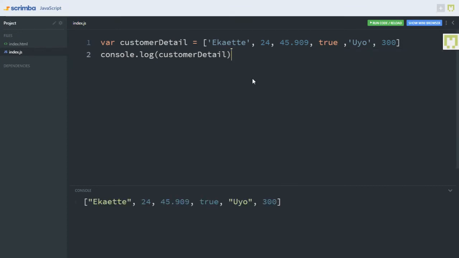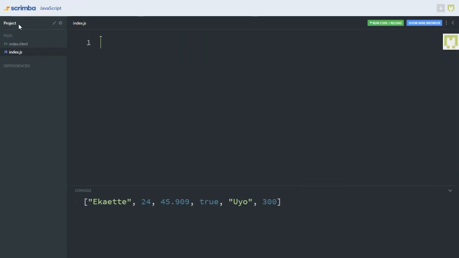Before we jump into the next video, let's talk about something known as nested arrays. This is a type of array that has sets of arrays inside it. For example, I can say customerDetail and set this to this, and I'll have another square bracket inside that's gonna have Bola here,